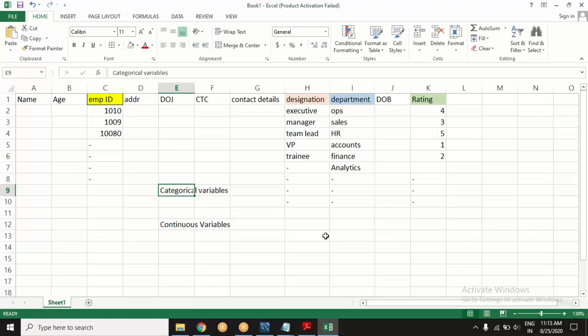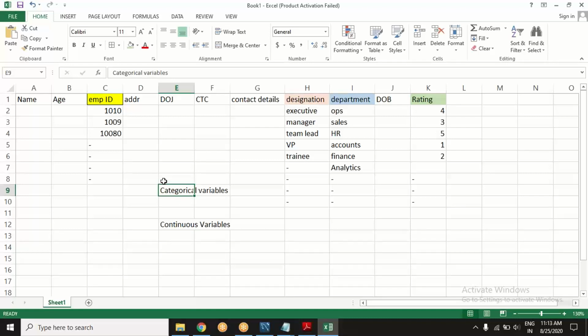We can choose a subset of this population. I want to see only HR's data, the people who work in HR. I want to see only employees who are 5 rated. I want to see the data of managers only. That is categorical. Now what do I do with these categories?